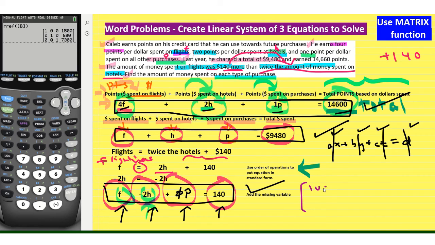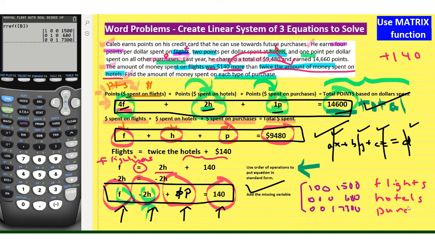and it gives me an answer matrix of 1, 0, 0, 1500, and then it gives me 0, 1, 0, 680, and then 0, 0, 1, 7,300. So that means that I have $1,500 spent on flights, and I have $680 spent on hotels, and I have $7,300 spent on other